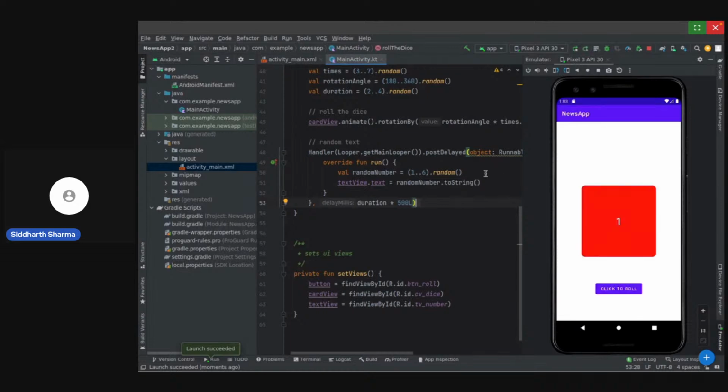Yeah, so you can see that we are able to see a dice over here, and we can see the click to roll button over here. Let's just try to click it.